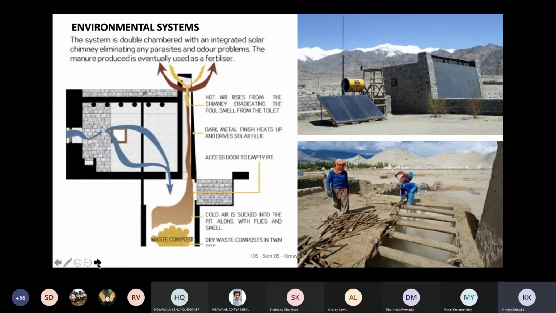In terms of the environmental systems, they actually use dry toilets. They don't have conventional toilets, but what they have done is very smart. This is the toilet block on the rightmost side, and the black metal sheet that you see is facing the southwest, and it acquires the heat, because of which it creates this siphonage action. So that's why there is cross ventilation, and also the waste composting which is there doesn't give you the foul smell. All the foul smell is exhausted through the stack that has been created.